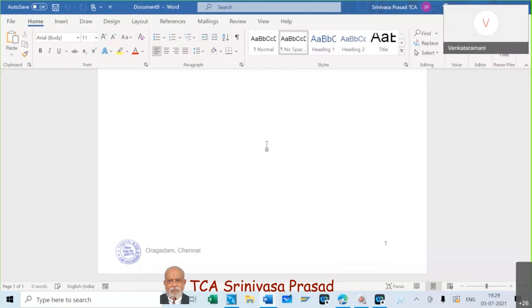Actually, very good, sir. Generally, we used to take the printout and put the seal, sign, and we used to scan and send it to the customer. So this is very good. So we can implement this at the earliest. You can implement it even tomorrow, sir. Your seal is ready. I can send this seal to you. So your seal is ready.